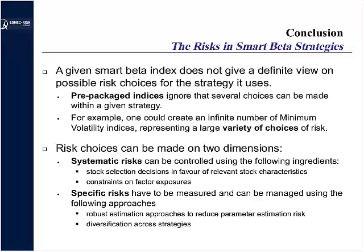But clearly, if investors want to really use these strategies and not have bad surprises with these strategies, they should think closely about what the risks are. And when they think about these risks, they should also consider the options that they have to control these risks. So for an investor, it probably doesn't make much sense to depend on implicit risks that are embedded in some standard solution from providers, but they should think carefully about where they want to be in terms of the risk exposures. And this should also be a way of really making these strategies more popular and allowing more investors